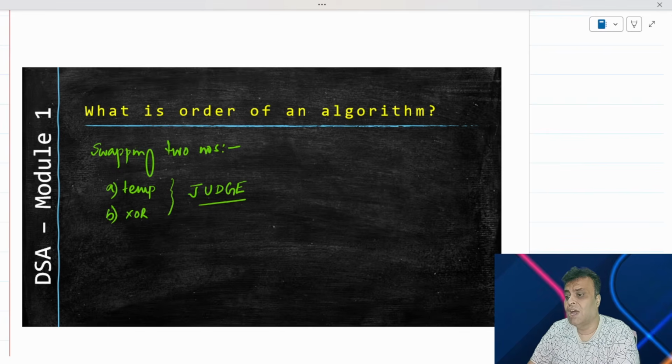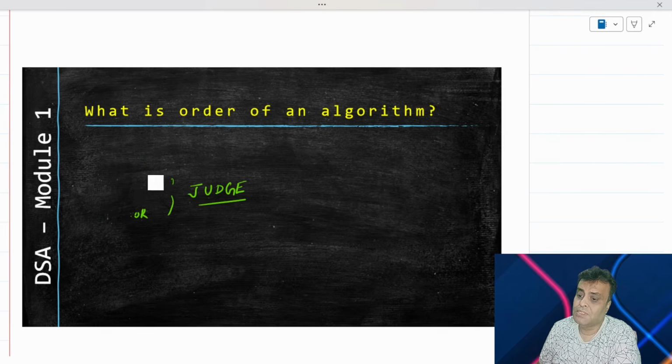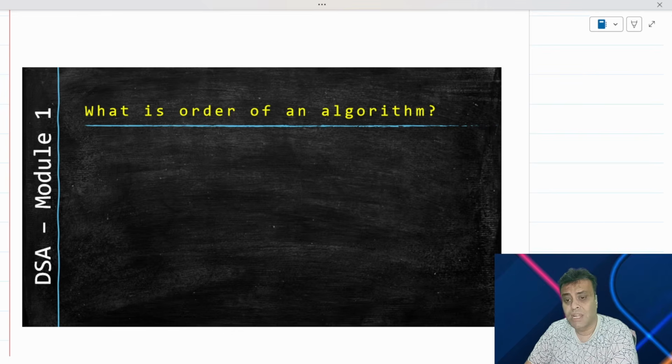So both of these are important for judging an algorithm, and both of these is what we will see, which is why we are trying to understand how do we judge an algorithm on the basis of time and space. So the next 5-10 minutes that we will cover will be mostly around understanding that we want to understand time and space, but how do we measure that time and space? How do we interpret the time and space so that we can say that my algorithm is taking this much amount of time, or my algorithm is taking this much amount of space?